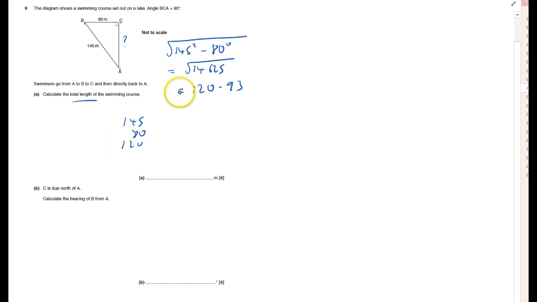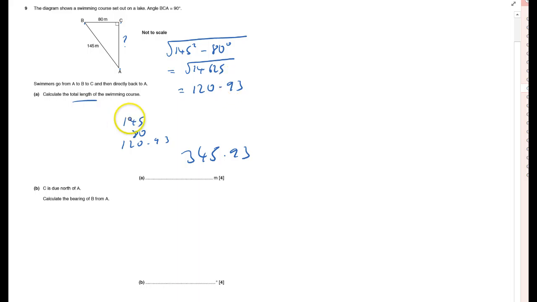This is going to be a Pythagoras one, and so it's going to be the square root of 145 squared. And I want a smaller side, so it's going to be a subtraction. So let's take away 80 squared, and that will give me the square root of 14625, which is approximately 120.93. And then I need to add onto that 145 and 80 and that 120.93, and that gives me